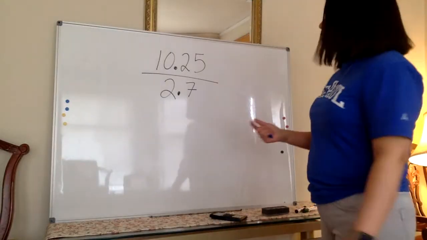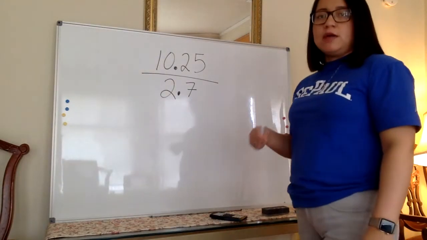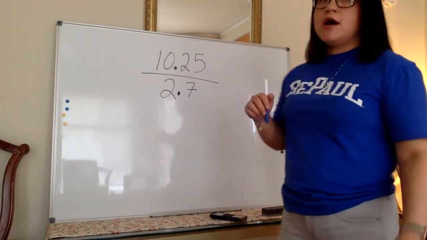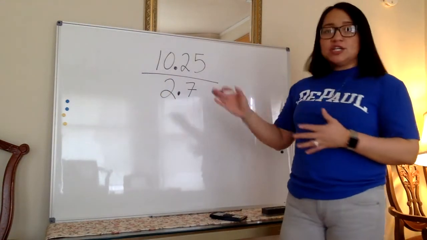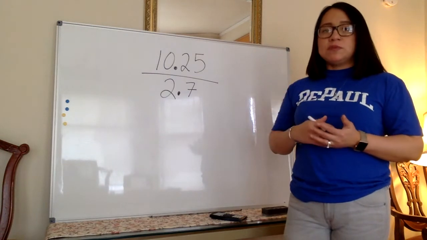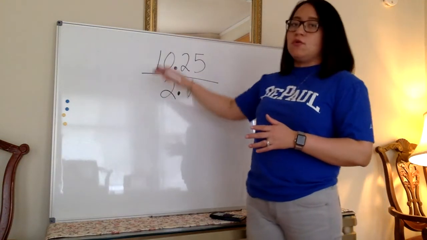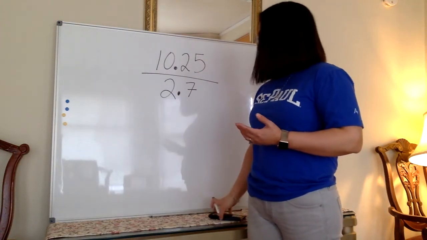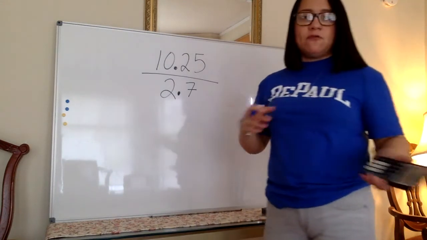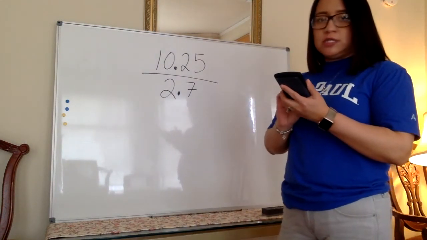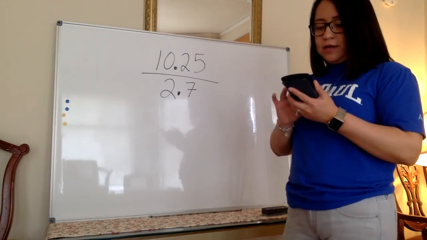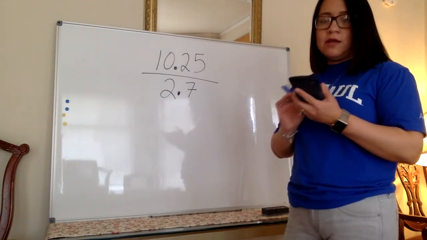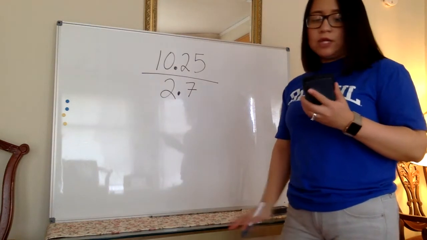Alright guys, let's move on to division and multiplication. As you remember, addition and subtraction had the rule of looking just at decimal places. For multiplication and division, you're looking at the whole thing. So again, make sure you have your calculator or your phone, doesn't matter, and do this on your calculator. 10.25